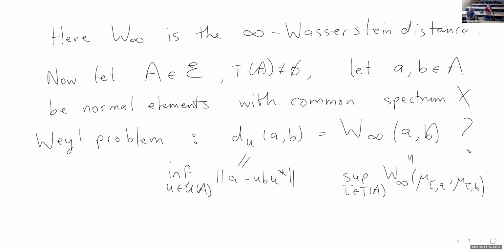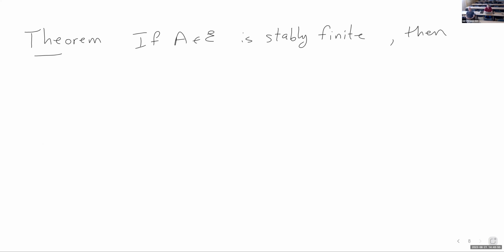All right, I'll tell you a theorem now, where we know this is true for certain kinds of X. So maybe I'll just tell you the theorem straight away. Theorem. Again, if A is stably finite, so it has a trace. But this really, as I said, holds more generally. Then d_U(A, B) equals d_W∞(A, B)